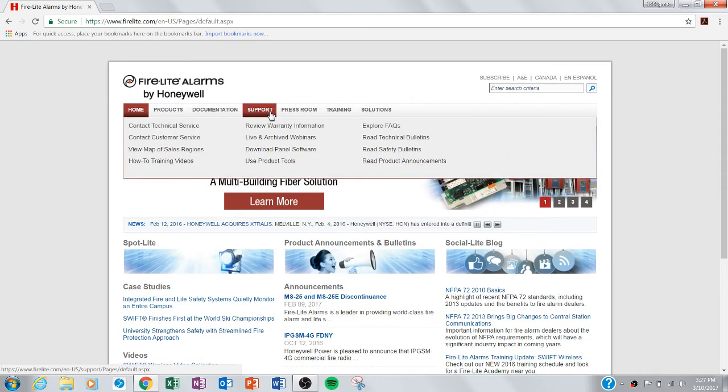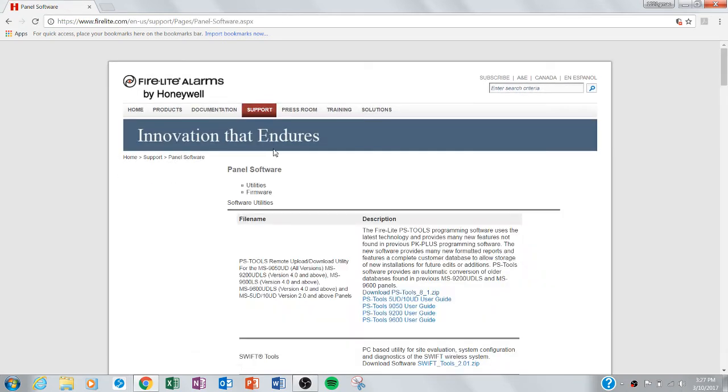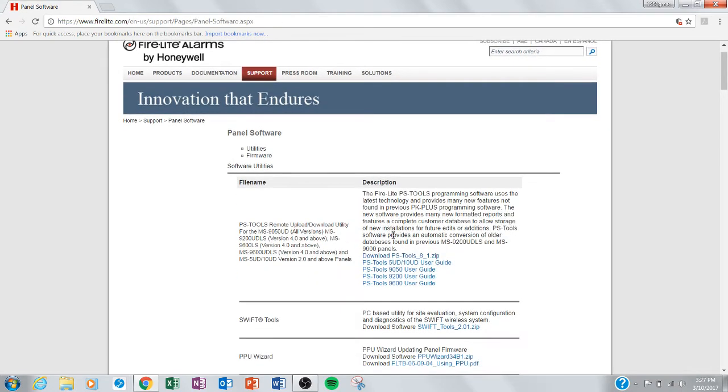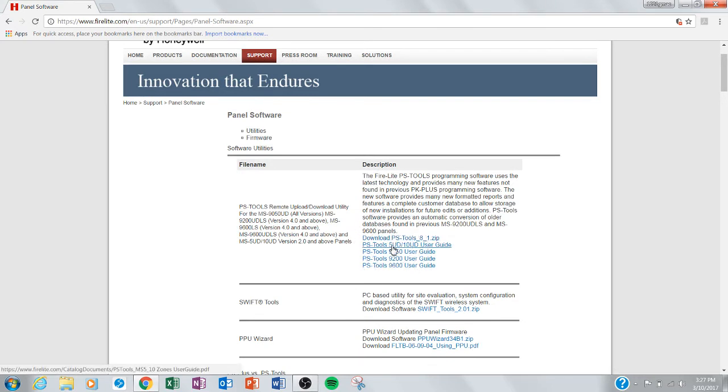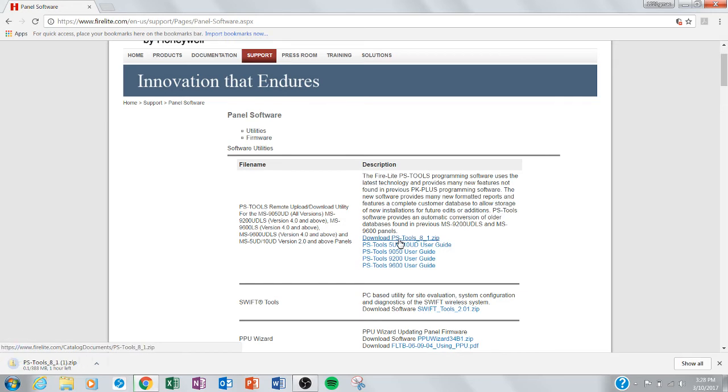You're going to go to support, and then you're going to come down to download panel software, and then you have these options here to download. So download PS Tools is the software itself, and you see it'll start downloading. It'll take a little bit,